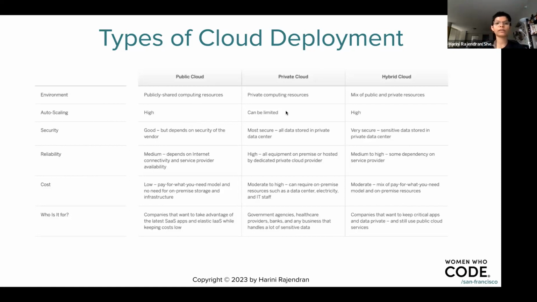Whereas if you use private cloud, it's usually one network. We face it all the time. We can only spin 255 servers in this particular region, in this particular cluster. So auto scaling can get limited when you use private cloud, and it's not as high as it is in public or the hybrid cloud.